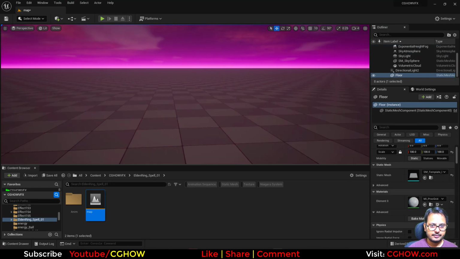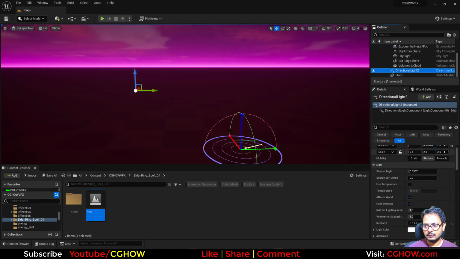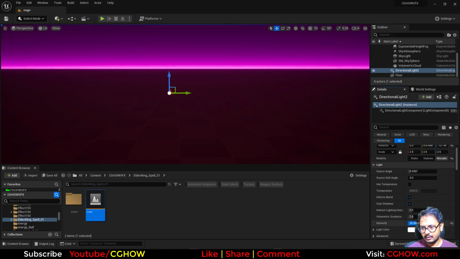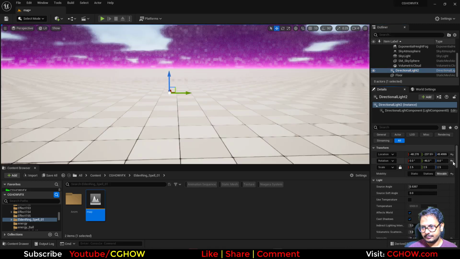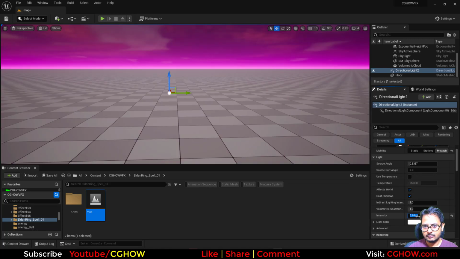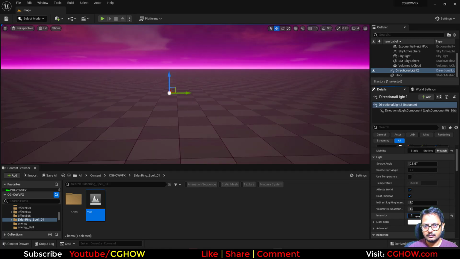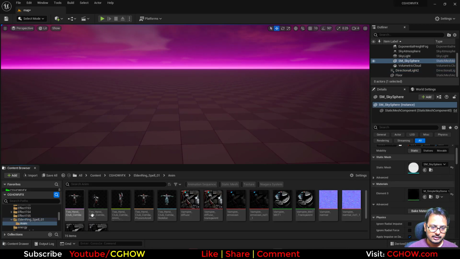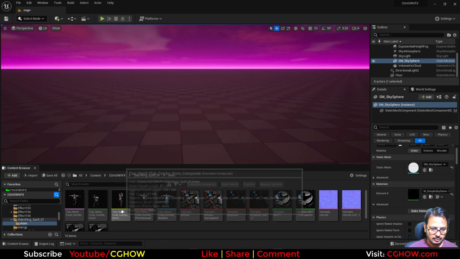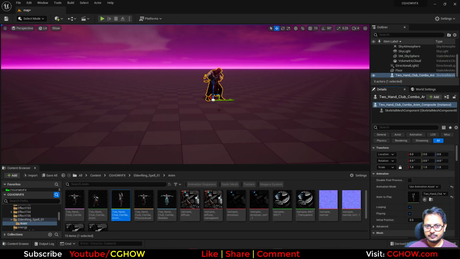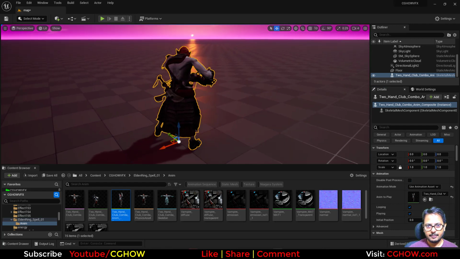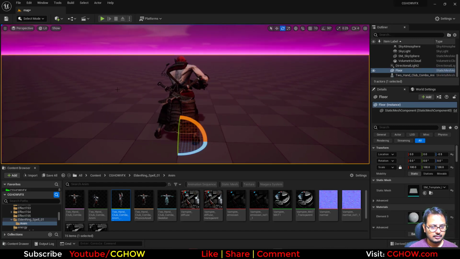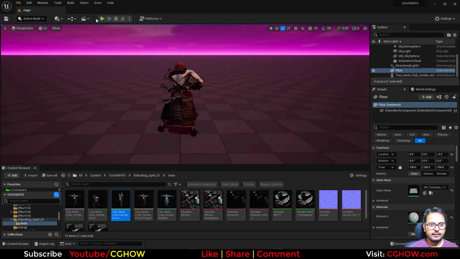Okay, so this map is ready. It's a little darker actually, so let me create white. Okay, this much is fine. I'll drag my composite into the viewport. And this camera angle we are going to use, this one from the back. Okay, and if I play,